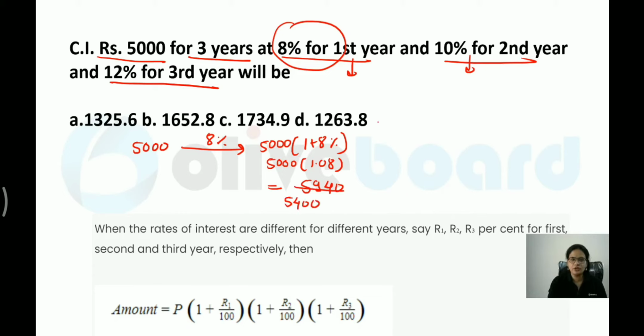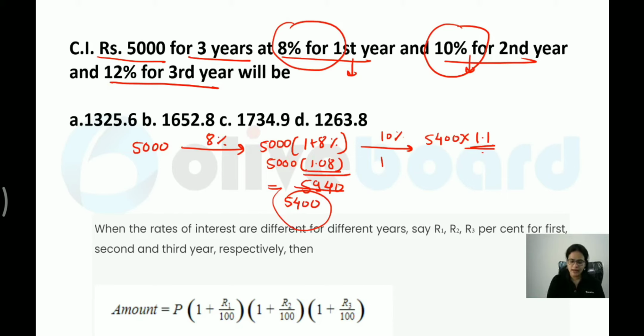Now after you do this, again next year the value is 10% over here. So 10% on this whole amount. So what will be the multiplication factor? What will you write over here? 5,400 into this is 110%, or I can say 1.1. As you have written 1.08, here it will become 1.1 over here. So what would be the value that you will get? This will become 5940. Now third year again they have given you 12%. So you can write down 12% increase would be there. So I have to write 5940 into 1.12, because 12% increase is there.